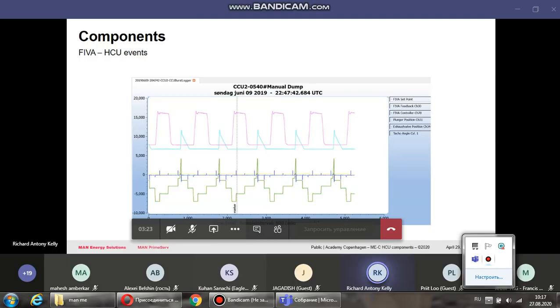So we can see here this is a manual dump, so we have a record of a functioning system. We can see that we have a nice set point, a nice control signal, a nice feedback signal for the FIVA loop or the FIVA cycle here, and we have a nice feedback from the fuel booster and a nice feedback from the exhaust valve. So this is a good one to look at, and what we do recommend is when you are on board,